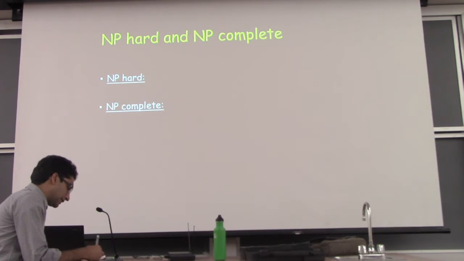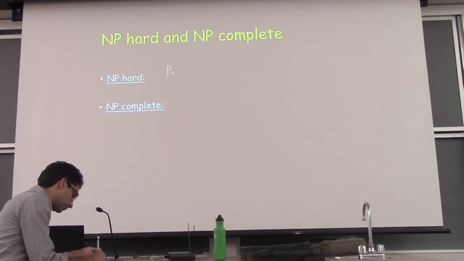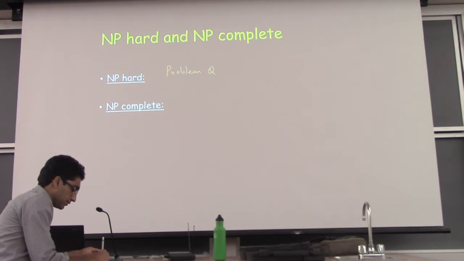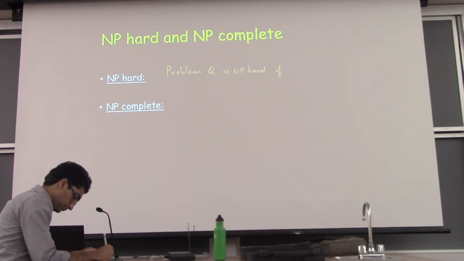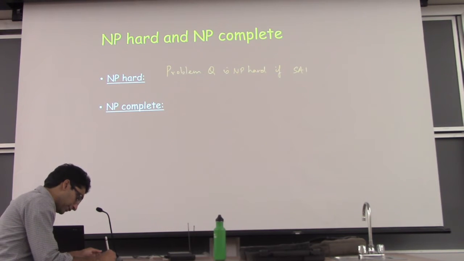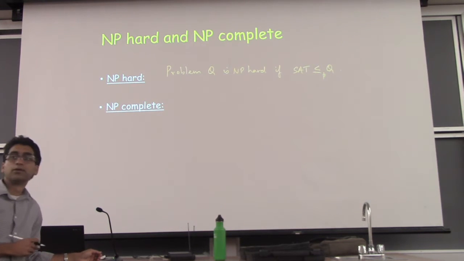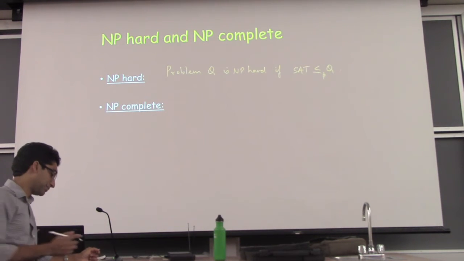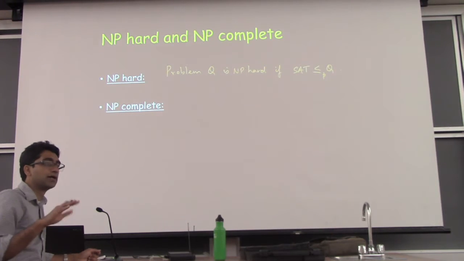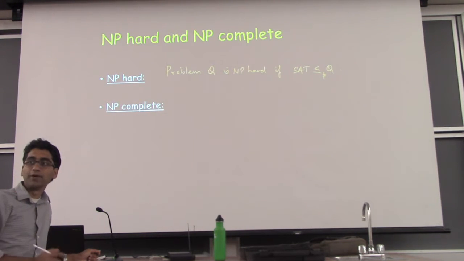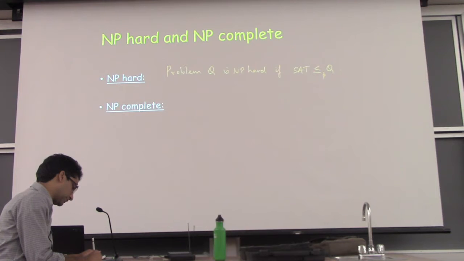So, we said that a problem Q is NP-hard if satisfiability reduces to Q. So that's when we said the problem is NP-hard, and we said it's NP-complete if the reduction works both ways. So Q is NP-complete if